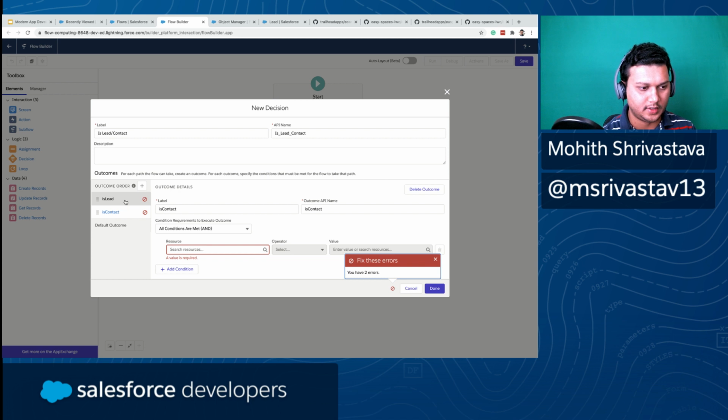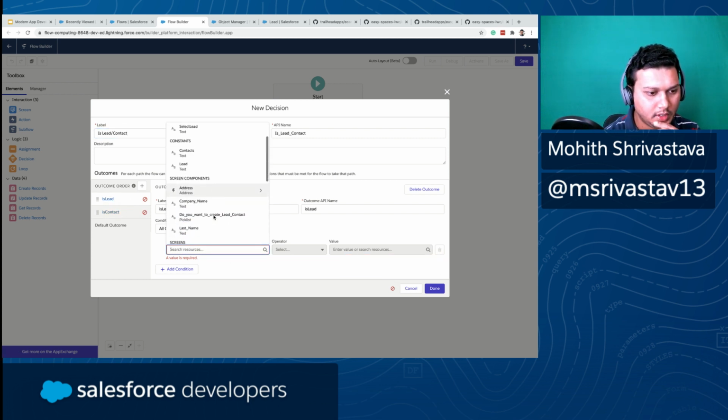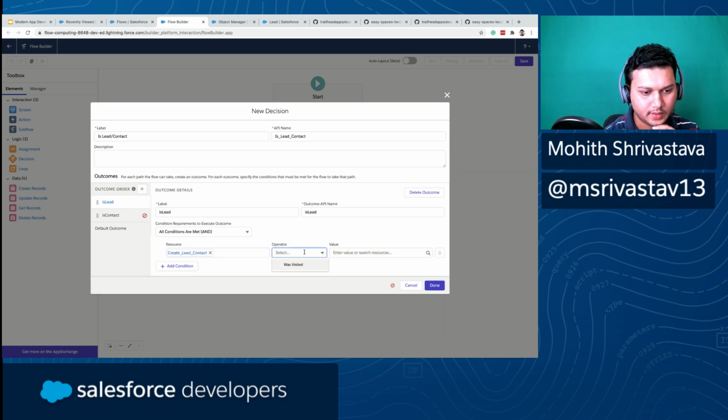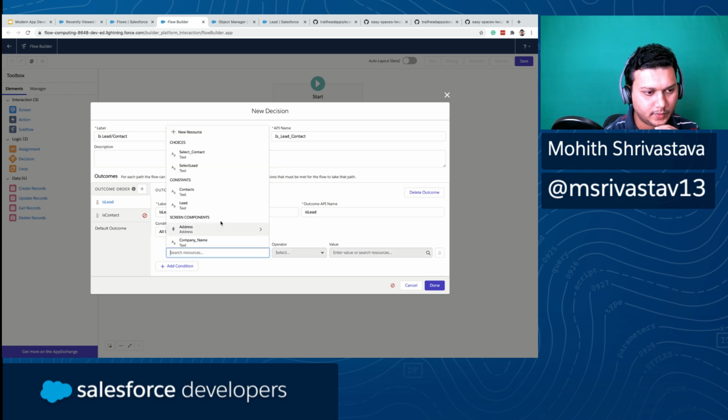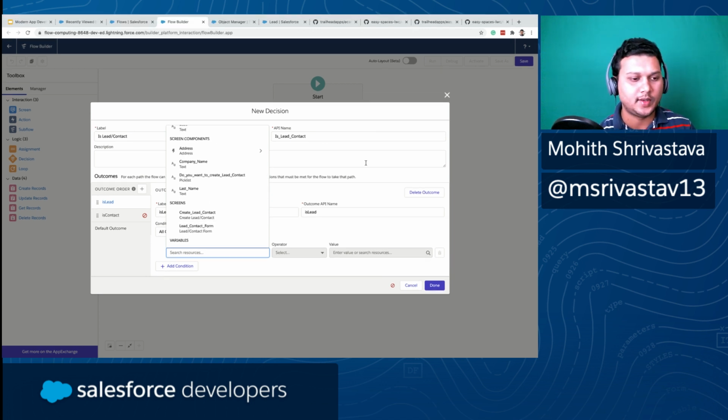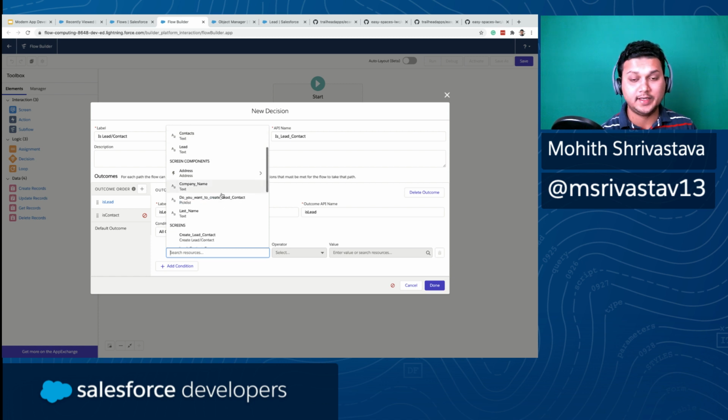Now we need the resources to be fixed, right? So the resources will be, create lead contact, this screen, right? Not visited, in fact it would be selected. I'm going to see whether we have created a variable. I think we need a variable which captures, okay, we need a variable. Let me see. I'm running out of time here, and we'll definitely continue the conversation in our next